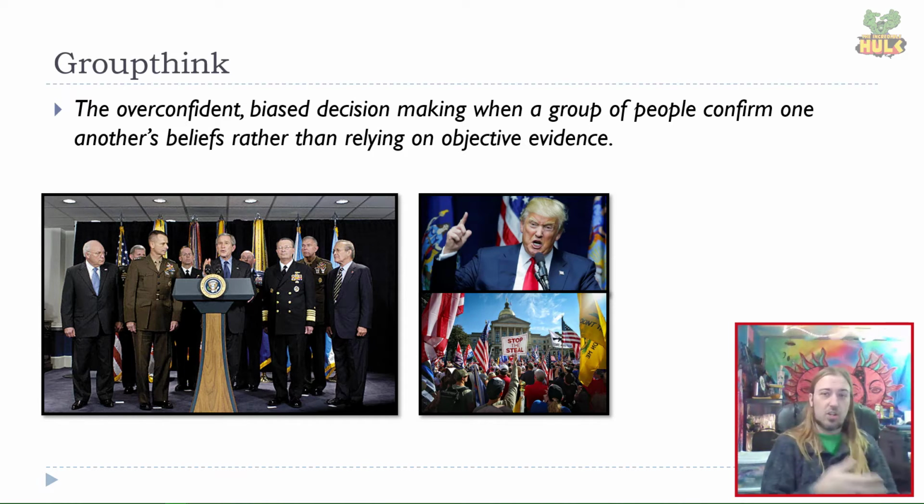The same thing just happened very recently, right? A group of individuals all believed the election to be stolen, in large part because a number of powerful individuals said it was, without any evidence at all, without any objective evidence that's been demonstrated. They acted upon that because the group mentality can lead to that overconfidence in that sort of biased decision making. So again, telling you these things not because I have a quick fix for them, but because they are things you must be aware of when you are looking at your data.